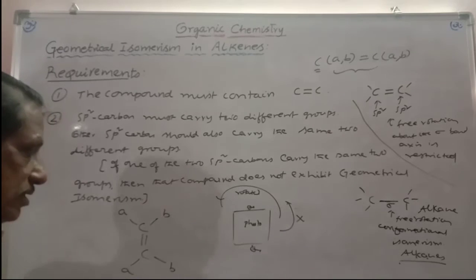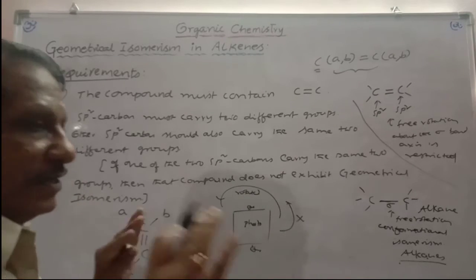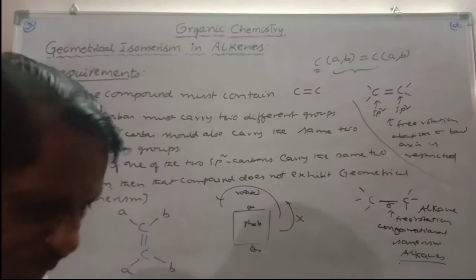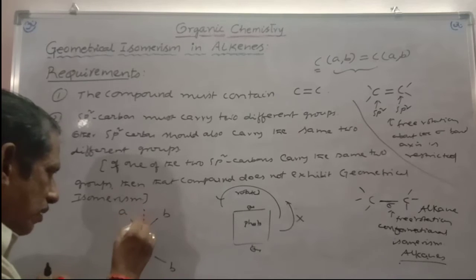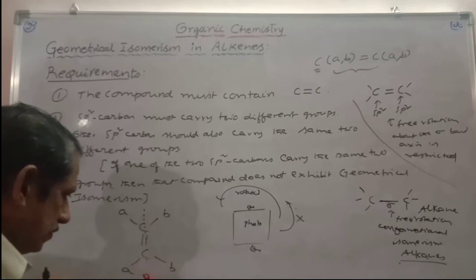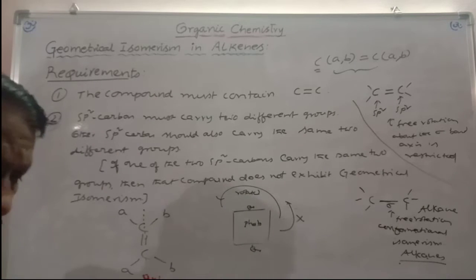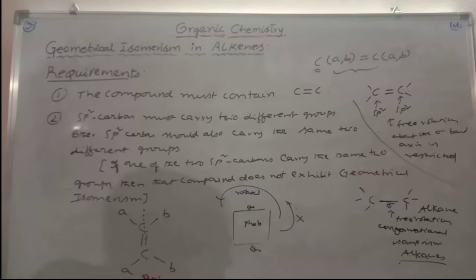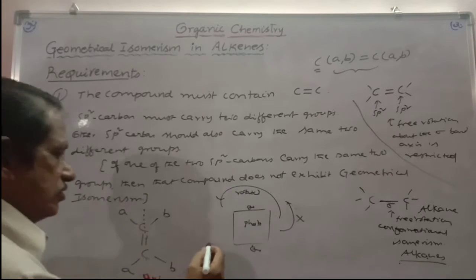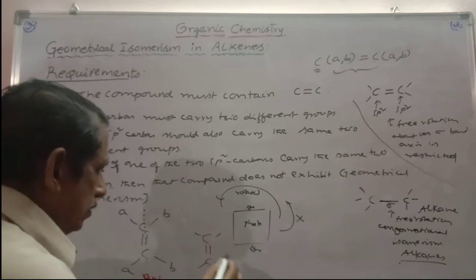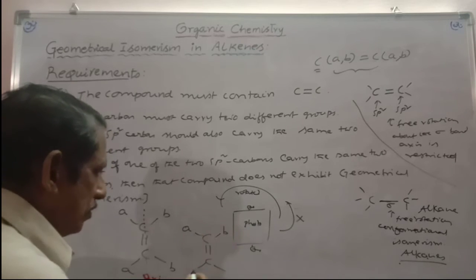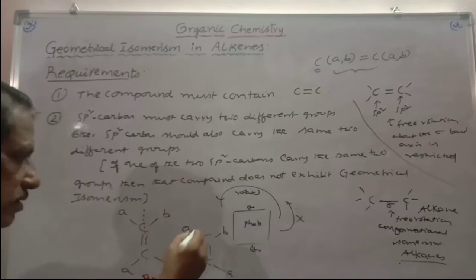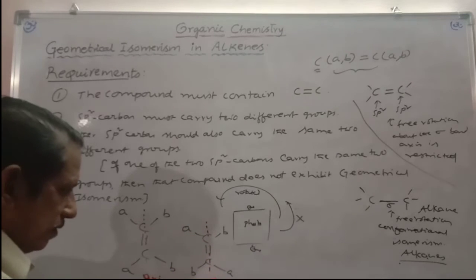And here you have to check the spatial arrangements. They are completely fixed. The groups cannot be rotated like this. This is the sigma bond axis, and this is the pi bond axis, the C double bond C axis. Around this axis, one of the carbons cannot be rotated. The spatial arrangements are completely fixed. And there will be two types of arrangements in this case, C double bond C, one with A, B, and one more with B, A. There are only two types of arrangements. This is the C double bond C plane.